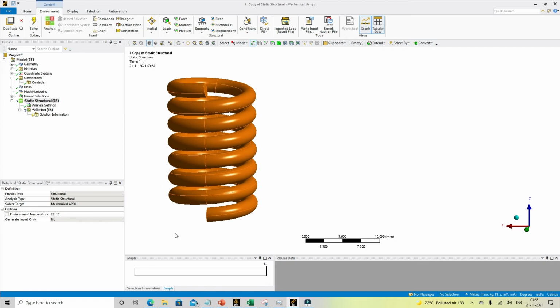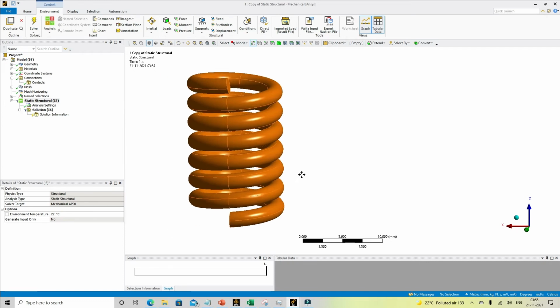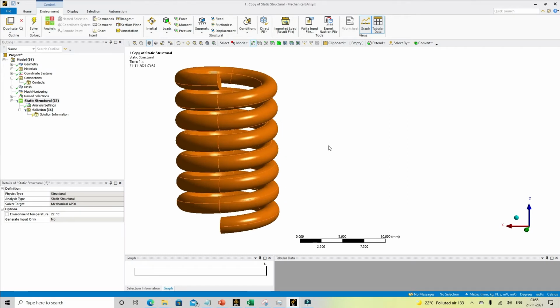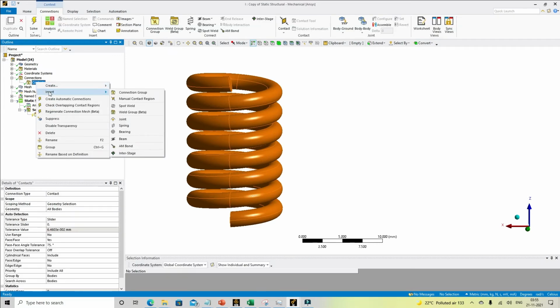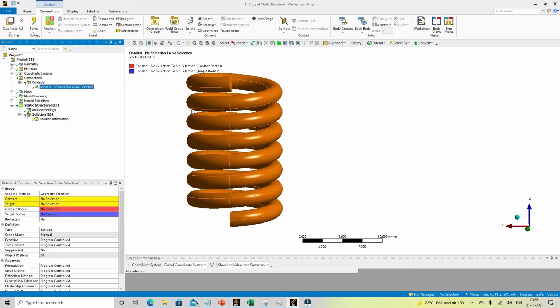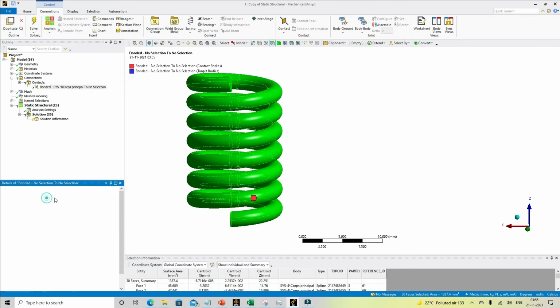Okay, so I had already created the geometry. So what I will do is go through the setup that will actually be required. First, because we have to extract the tension and the compression stiffness, we can insert the manual contact region, and then select all the faces.